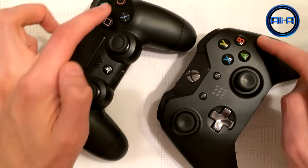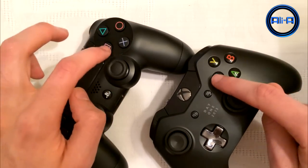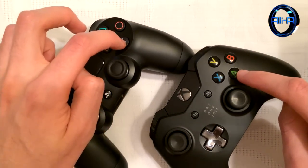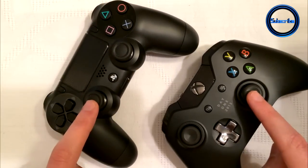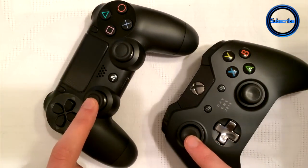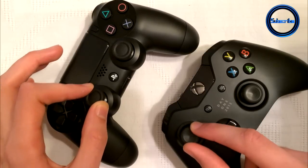Now, in terms of the 4 buttons on the edge here, they're just standard. You're going to be pressing them down for various games most of the time, and there isn't much of a difference there at all. But the important part is the actual analog sticks and the triggers. Now, specifically for the analog sticks, these have been changed quite a lot on both controllers, and there's actually some